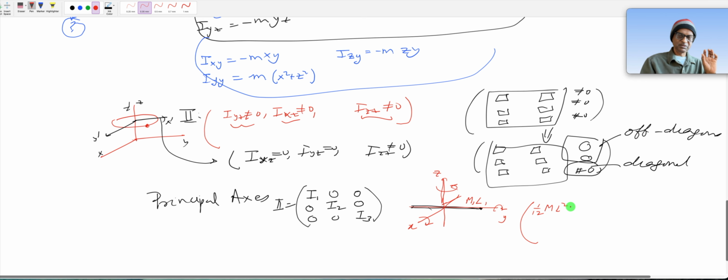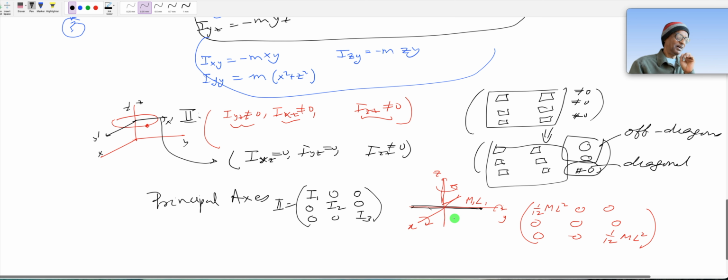I haven't worked them out, but when you work out the whole rod and you choose principal axes like this, you get 0, 0, and along y it will be 0, and along this particular z it will be 1/12 m l square. But say you were so crazy, you say, I don't like this axis, I want to choose a different axis system, maybe this way, with x, y, and z. So y will still be 0, but you will have a